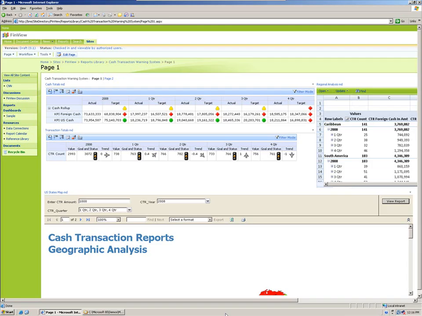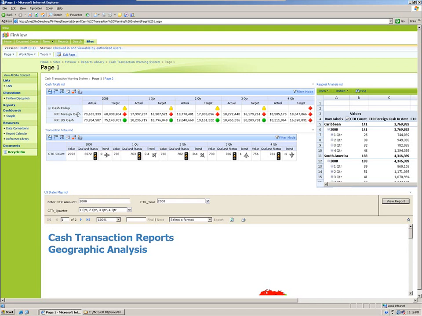Okay, so this is the first page of the dashboard that I use as Ted Jackson to analyze these suspicious cash transactions. What we have is a dashboard created with PerformancePoint. It's running in SharePoint, and I'm also running in SharePoint SSRS integrated mode. First thing I do is I look at my KPIs. Here's my objective KPI that rolls up